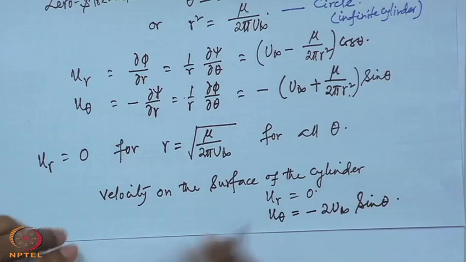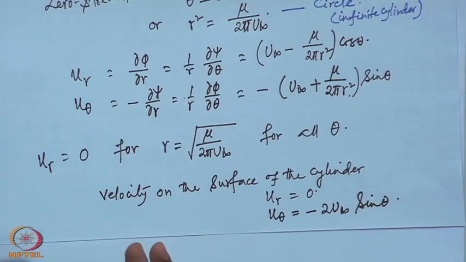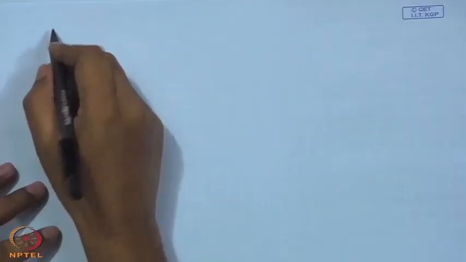This is, remember, only on the surface of the cylinder or circle, not the complete flow field. The complete flow field, of course, now we can write the complete flow field for a circular cylinder. What should be phi, starting from